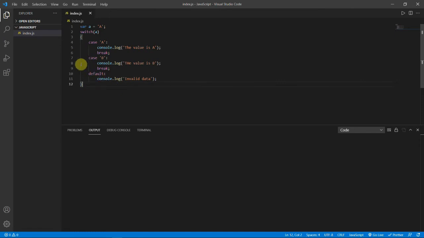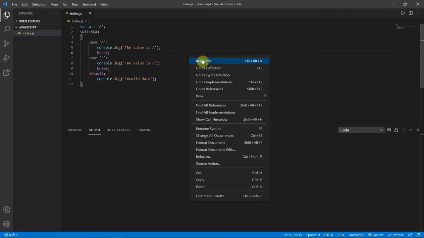I hope you know how switch cases work. If you are not familiar with all this, please check out the C programming tutorial to understand it. So this is our switch statement: the variable, and then we check for the cases. If the variable has the value A, it will print this, then break and come out of the switch case. If it is not A, it will go to the next case, and if none of the cases is true, then the default will work.